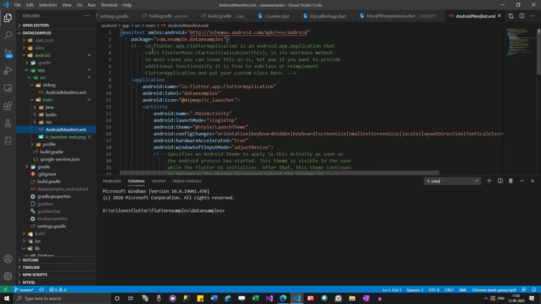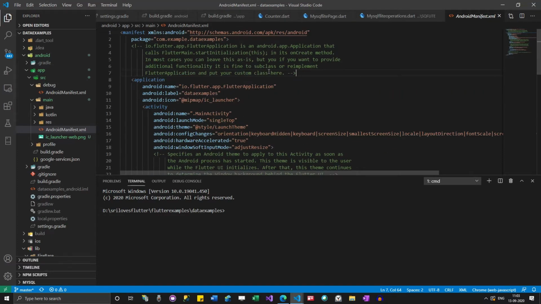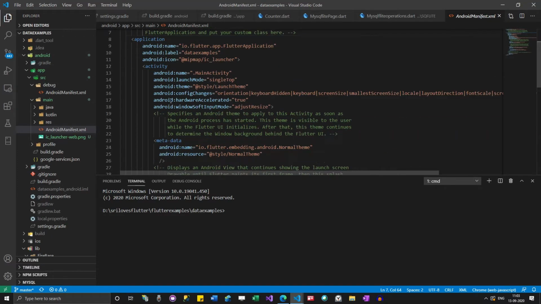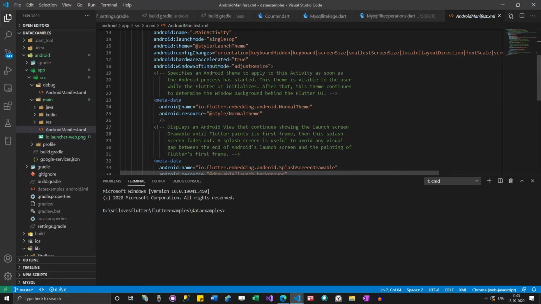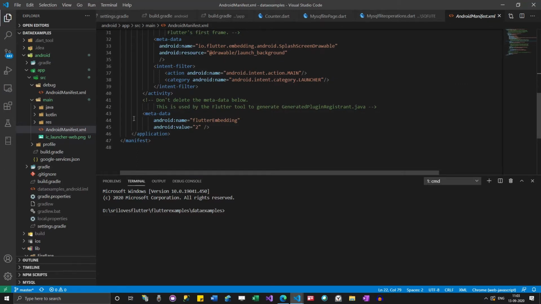Like what it is saying, IO Flutter. Somewhere you need to add, probably in this file only. But my advice is, since you are not releasing any app now, and even I'm not releasing any app right now, you just Google it, try to find out where to add it, and then just add it.